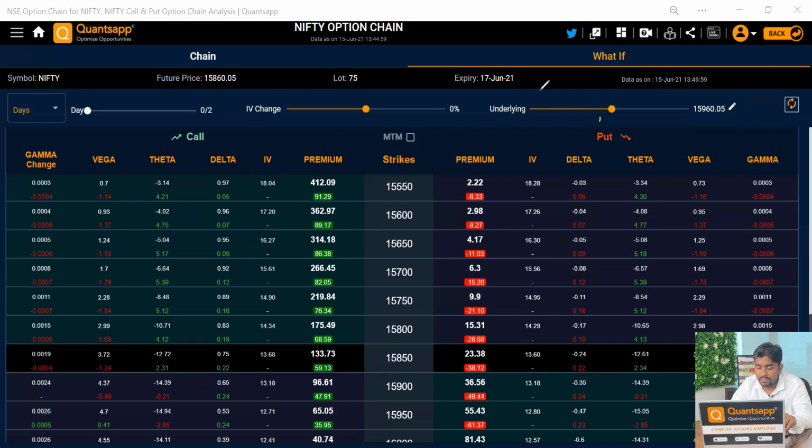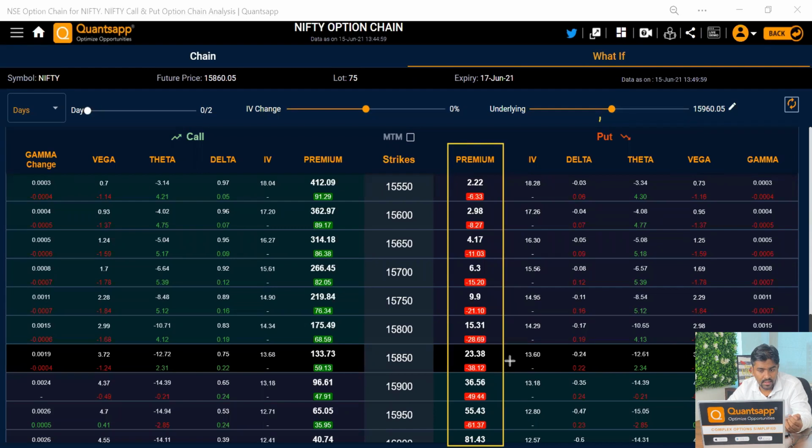Now let's come back to the same position and see how this price will affect us. Now we know that there is a positive and negative relation. If a call has a positive relation with spot price, so if the market goes up, the call option will change its price by a positive value. When we're talking in terms of put options, they have a negative effect. So if the market moves up, they will lose value in quantum of the delta. This particular strike price might have a delta of 40 to 50, I think. So when the market moves up by 100 points, this particular option has lost its value by 50 rupees.